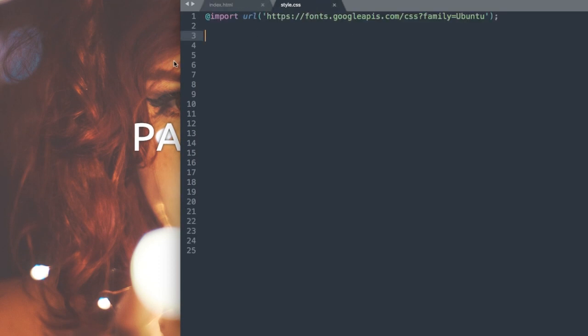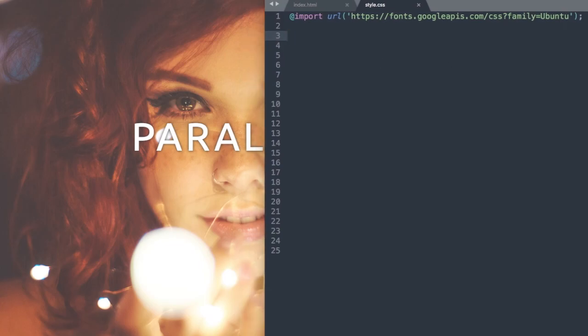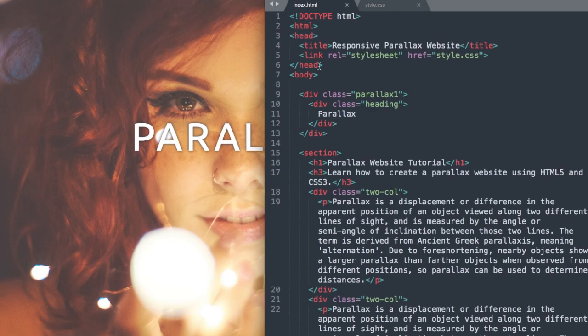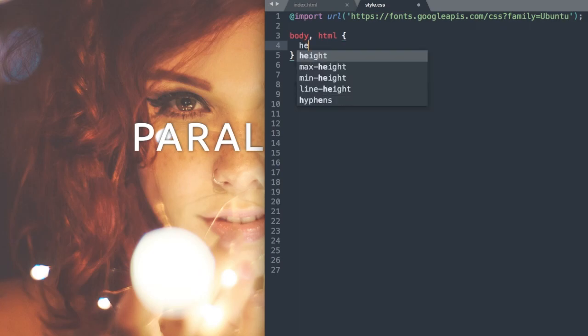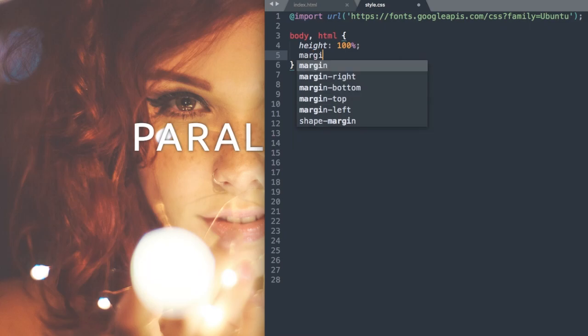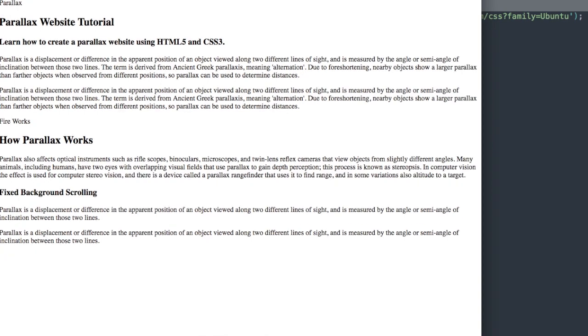So I'm going to move over to style.css, and I'm going to size it down a little bit here. Alright, and then the first thing that we're going to style will be the HTML and body section of the website. So this is called a reset style. So we're going to make sure that the browser displays at 100% of its height, that it has 0 margin. And now let's take a look at it. So if we refresh, we're going to get rid of a little bit of space here. Now you can see the text is all the way up to the